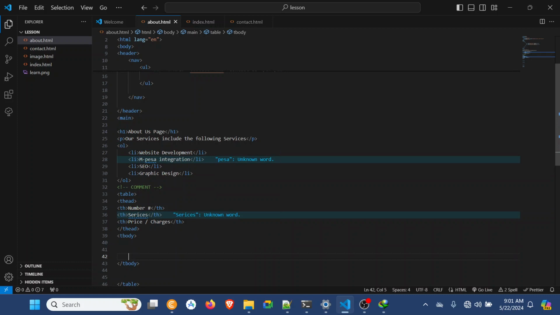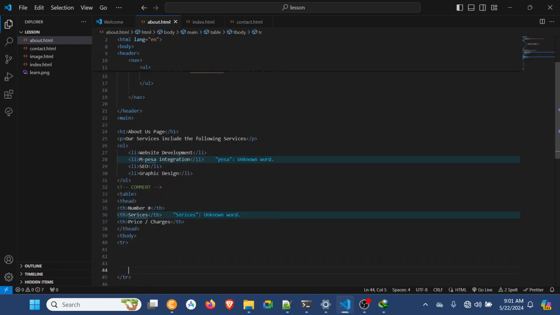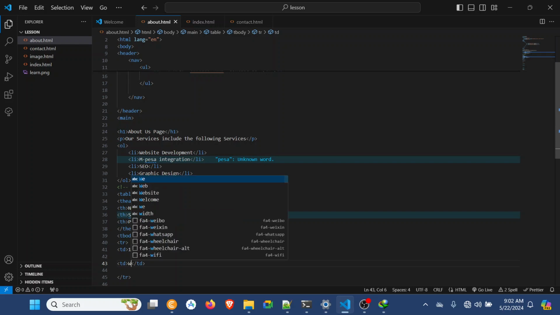Inside the t-body, I'll have a table row, and inside the row I will have several data. So table data, like that, and the first one will be number 1, yes, like that in that row. The second one will be services, and our service, the first one was website development,